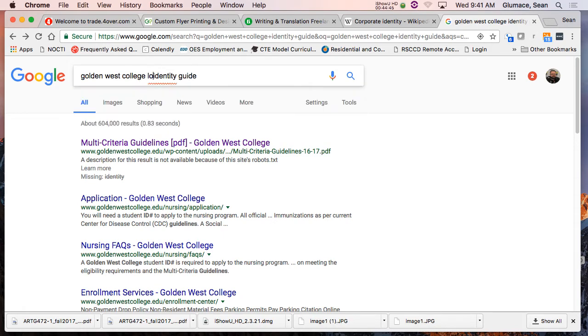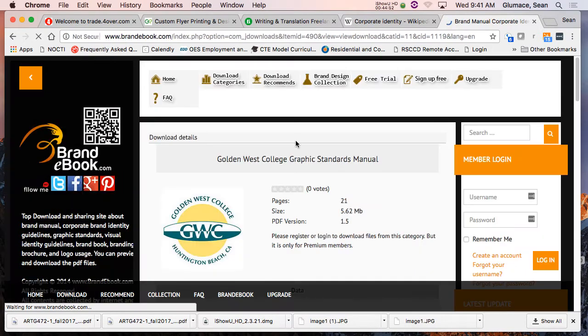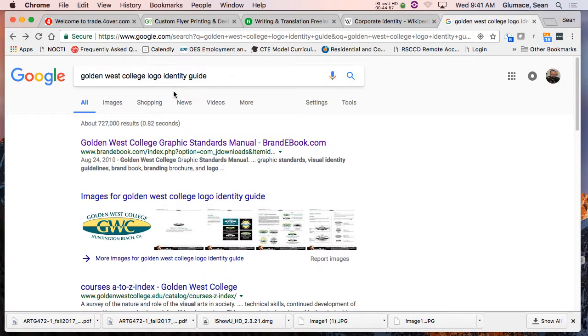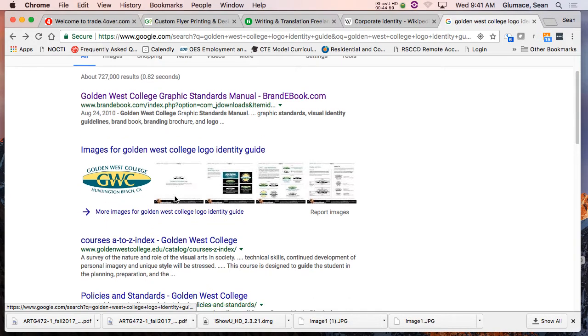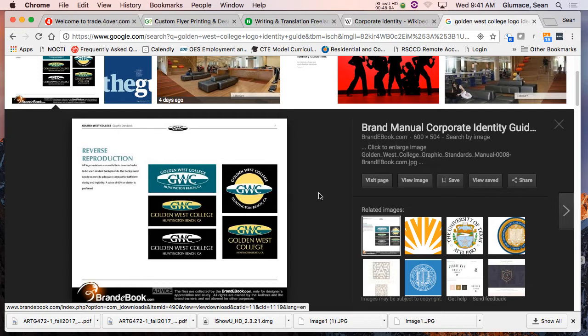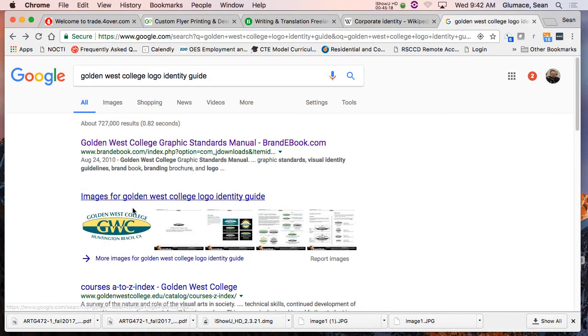Let's try this. There it is. Oh, that's funny. Someone picked it up from somewhere else. Standard manual. Oh, I want to log in. Well, some other website found it, but this is what our book looked like. We had the logo broken down completely, down to what not to do in the book. It's not here anymore. That sucks.